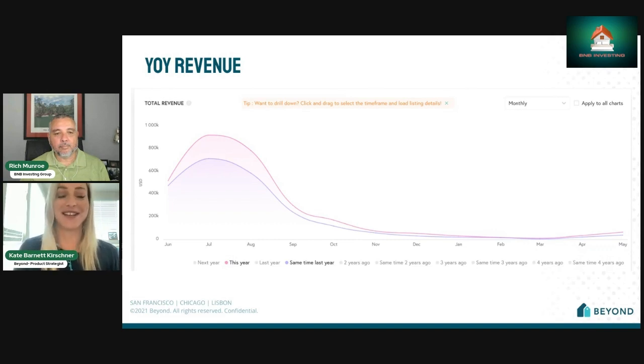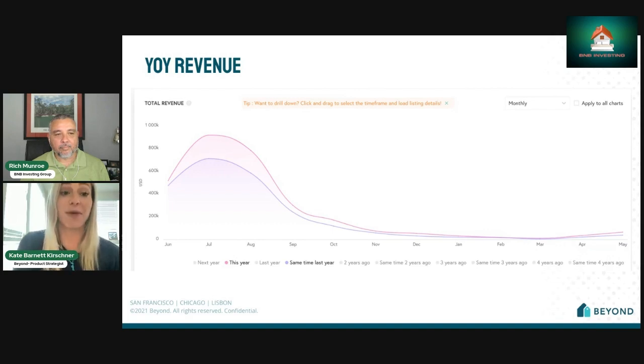Because I think there's AirDNA, there's KeyData, Beyond has its own data component. There's a lot of data out there. So how do you not get down a rabbit hole? How do you look at the things that are going to be most impactful and figure out where to make adjustments? I always start high level from a portfolio view, and I always start by benchmarking off of your prior year's metrics,